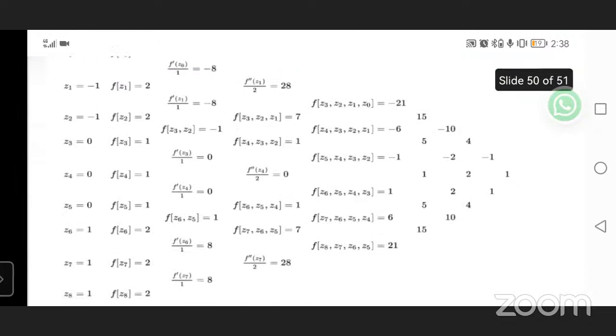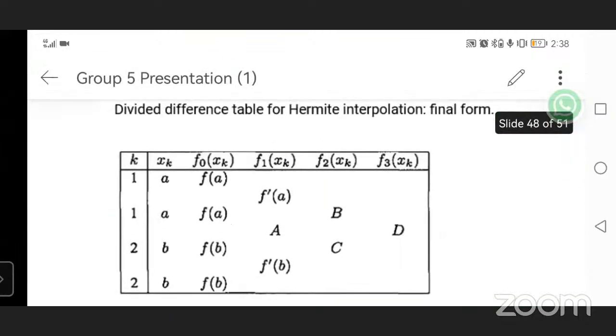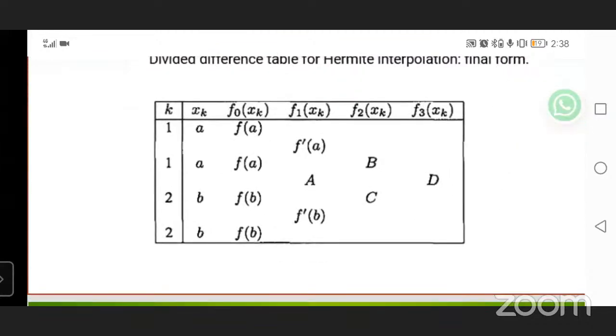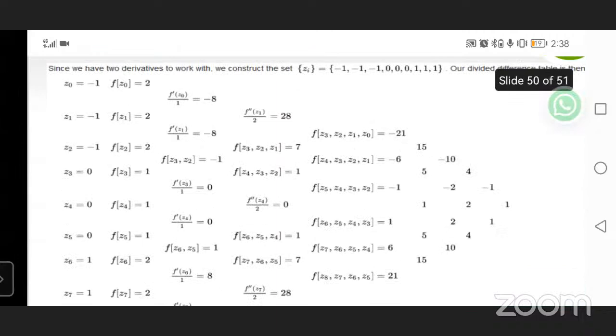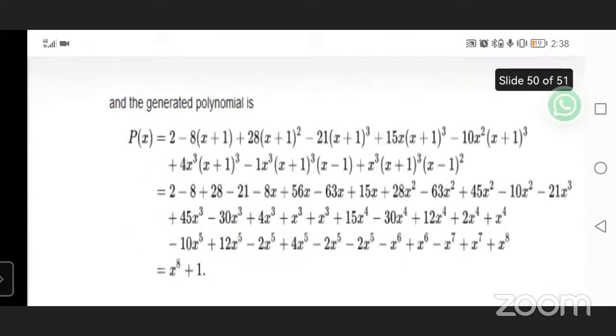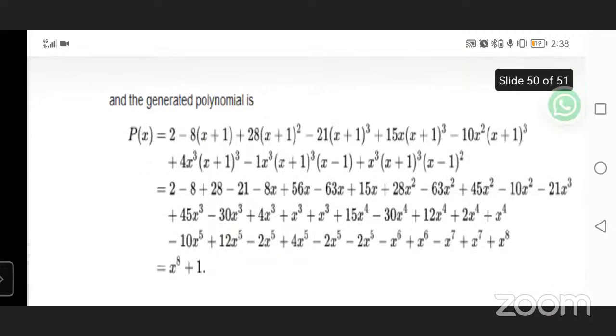So when we do the whole calculation, when we calculate all the figures using this formula here, we'll be able to arrive at this, which gives us the first, second, and third divided differences. And then the generated polynomial will give us that p of x is equal to 2 minus 8 into (x plus 1) plus 28 into (x plus 1) squared minus 21 into (x plus 1) cubed